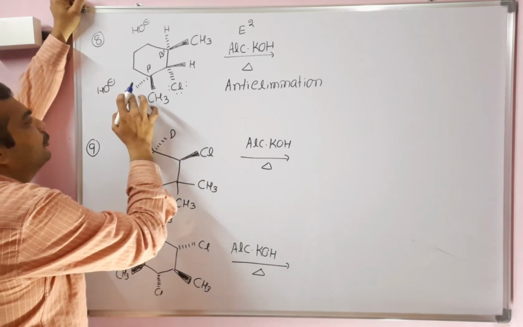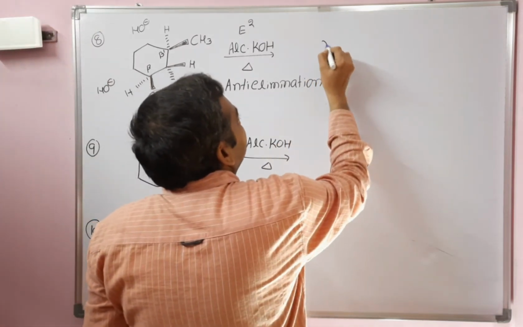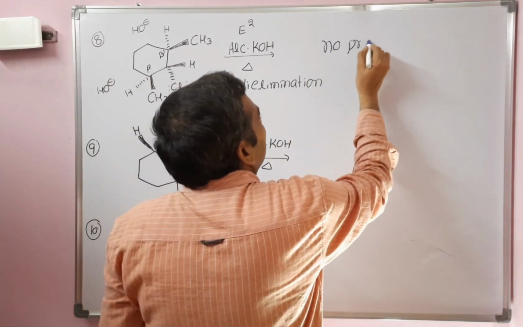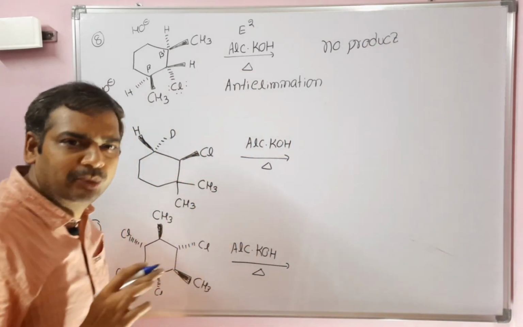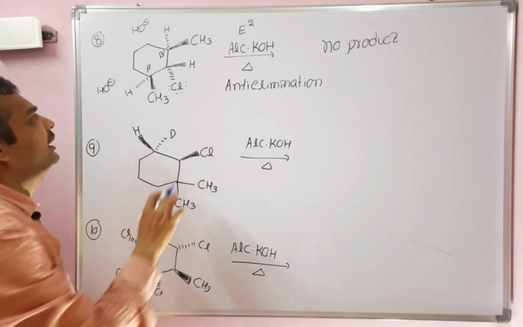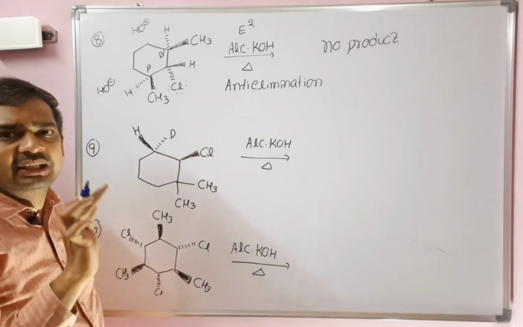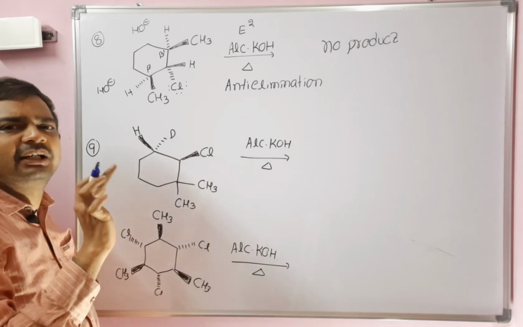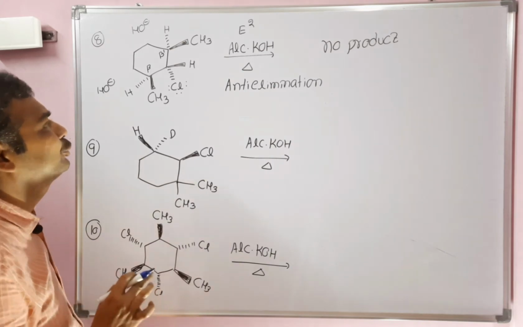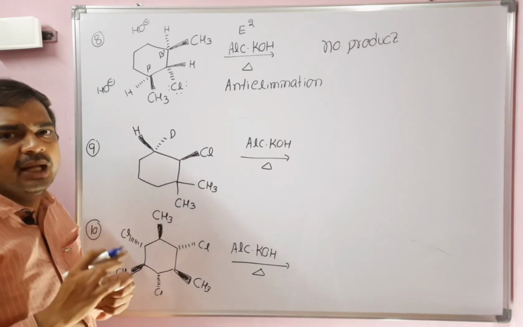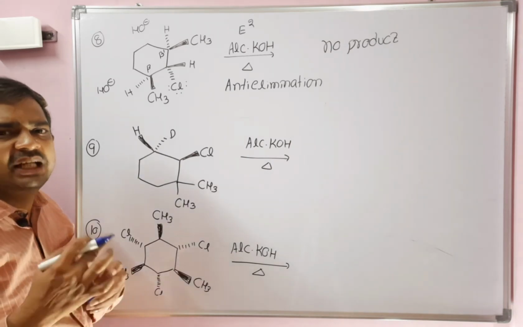It is not possible to abstract a proton here also. Hence, finally, there is no reaction. No product is formed here. The reason is there are available beta hydrogens, but those beta hydrogens are in the same plane as the halogen. In the same plane, the base cannot abstract, because of the lone pair repulsions. It has to be the opposite plane, anti-direction required, then only the base can abstract a hydrogen which is anti-position